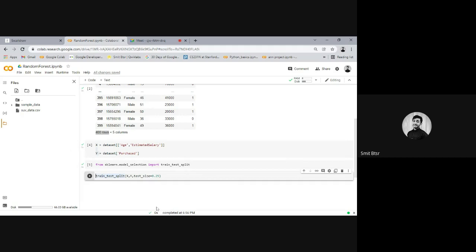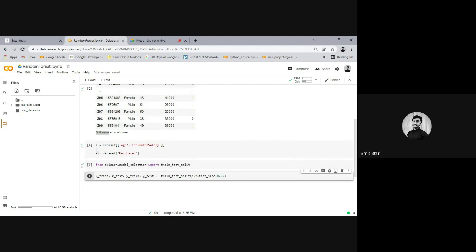So we will name those: x_train, then x_test, then y_train, and y_test, equals.